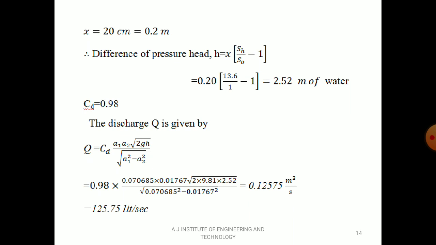So 30 centimeter by 15 centimeter, 30 centimeter that corresponds to a bigger diameter, that is inlet. Then next 15 centimeter, that is for throat. D1 by D2 is given in the format of length into breadth. So here first one you have to look into the value. D1 is higher always, pipe diameter, because the venturimeter has first converging section, then throat, then diverging section. So D1 equal to first value and D2 equal to second value. So this is a discharge Q.